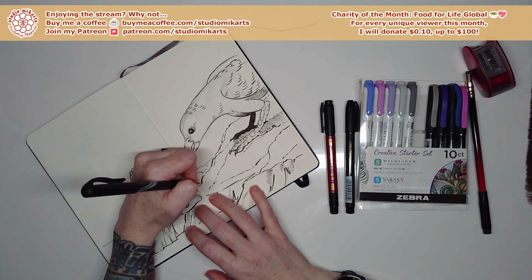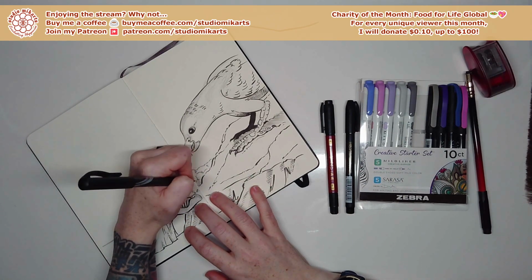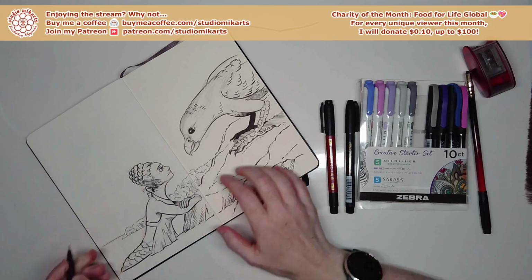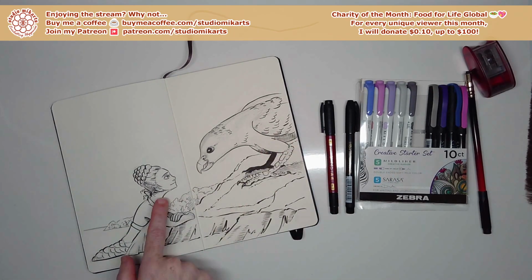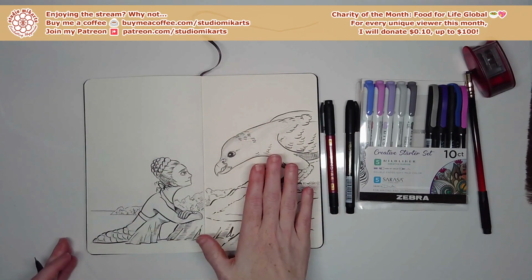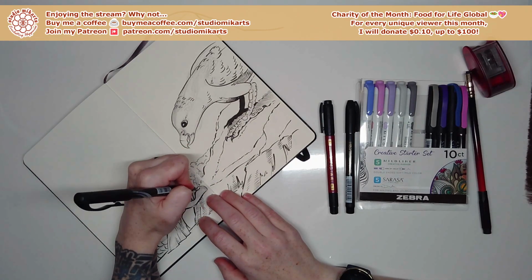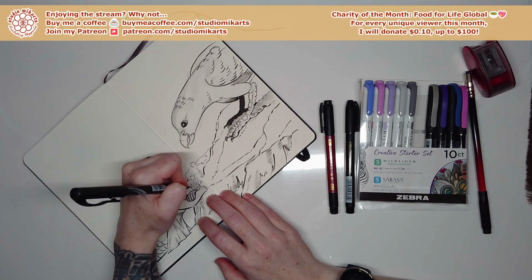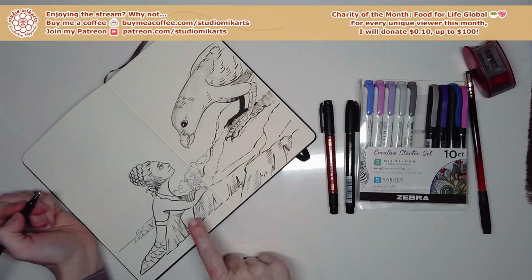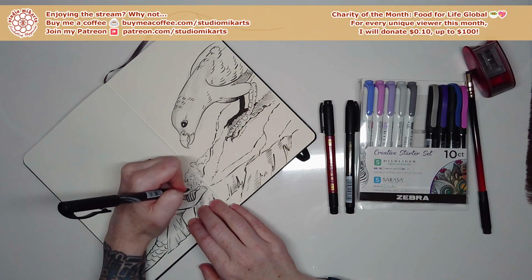On the stuff that's on the background. That's what I'm trying to say. The stuff that's in the distance. And that will also help it stand out in this ink drawing. It'll stand out from the foreground, because the foreground doesn't have this type of shading on it. Not a wall of shading. I mean, it has a little bit here, but...